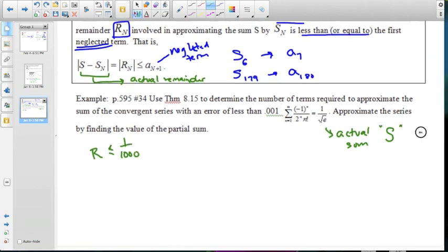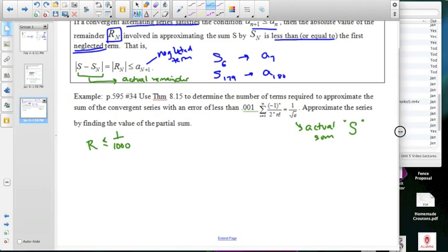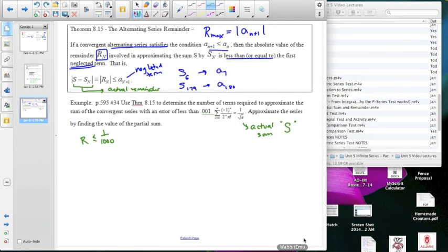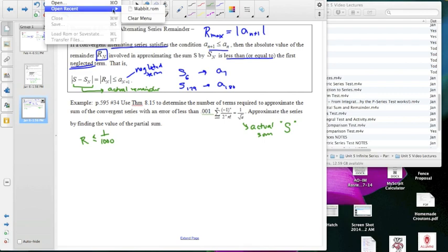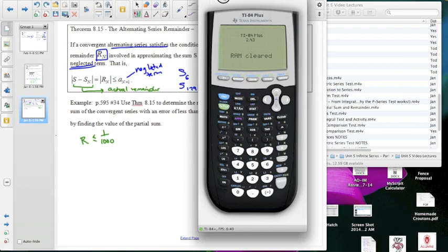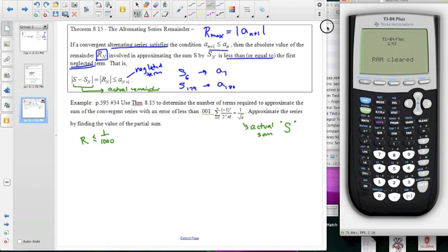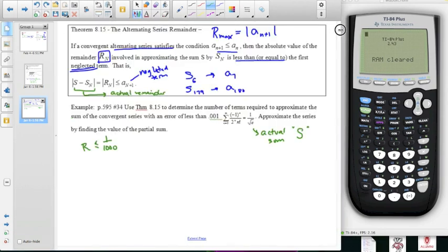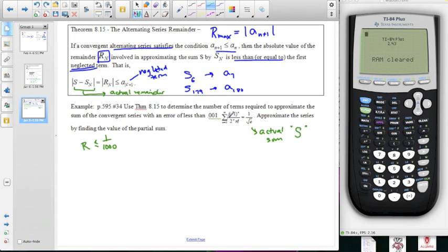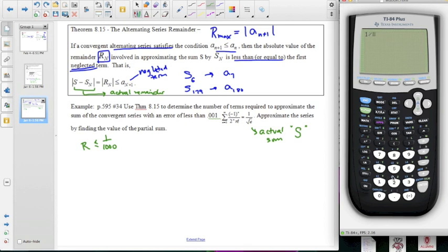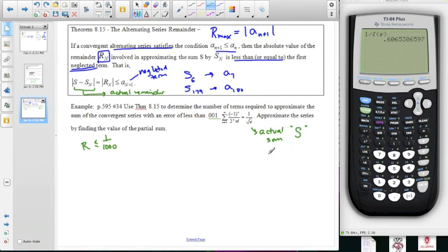So if we just get a calculator up here, and take a look at what the value of 1 over the square root of e is to 3 decimal places. So 1 divided by the square root of e is,